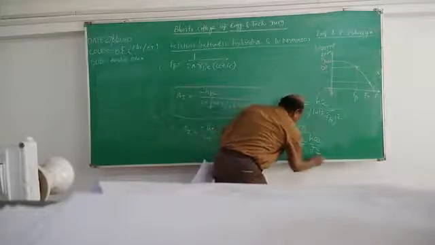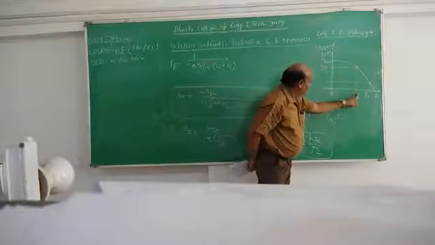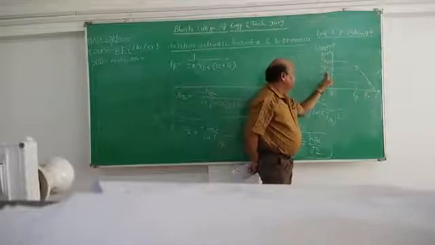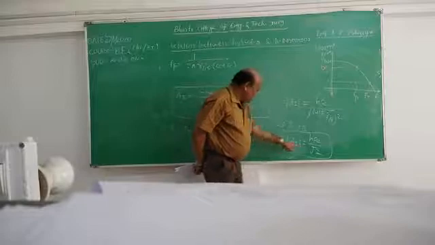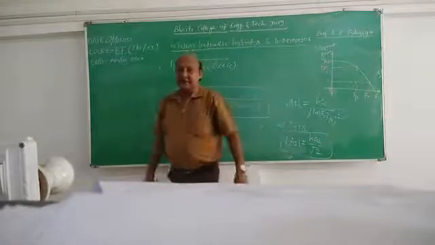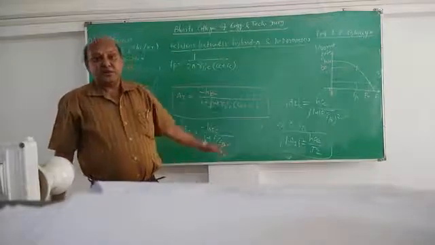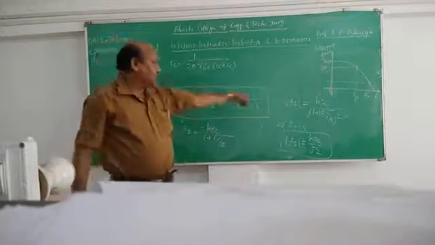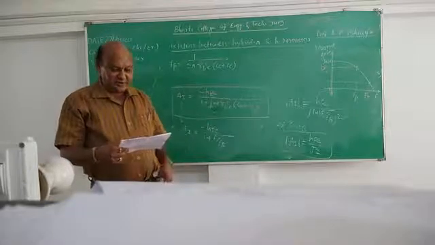So from the diagram you can see at this f is equal to f beta, AI becomes HFE by root 2. So AI is equal to HFE by root 2 at f is equal to f beta. So this is the relation between the input frequency f and f beta, that is beta cutoff frequency. So you can show this diagram and derive this relation f is equal to f beta.